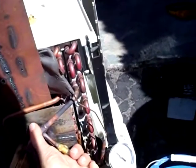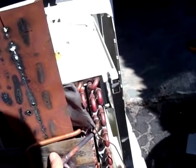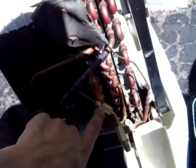Atmosphere, so I'm going to have to re-evacuate it when I put the valve in and before I put refrigerant. So let's let it go. We let it go. There it goes. Okay, so I put the Schrader valve inside the port, and I attached this